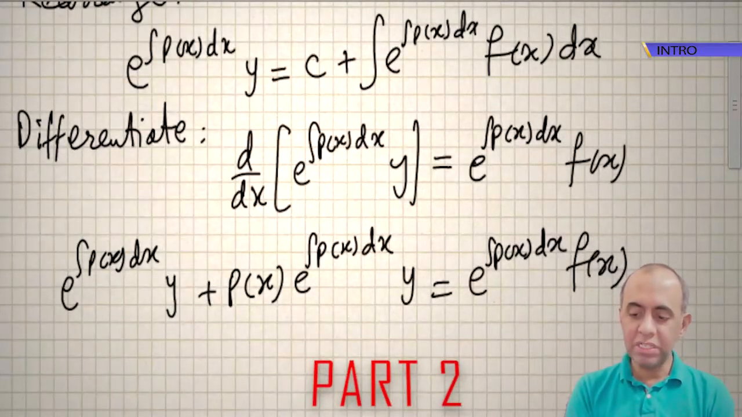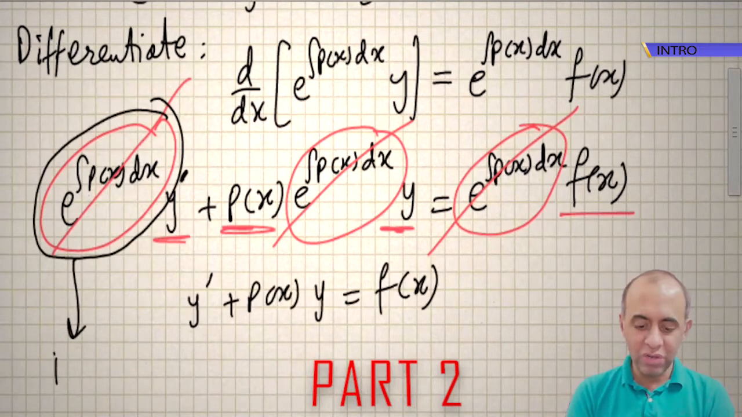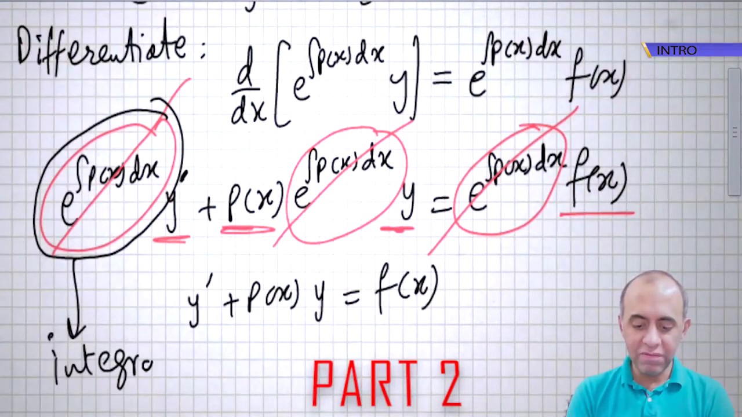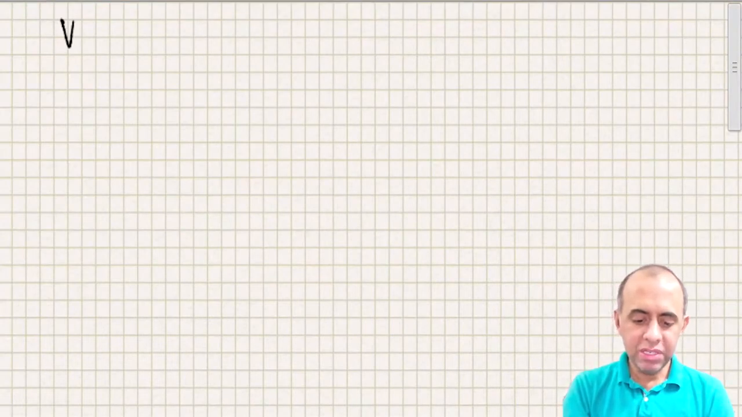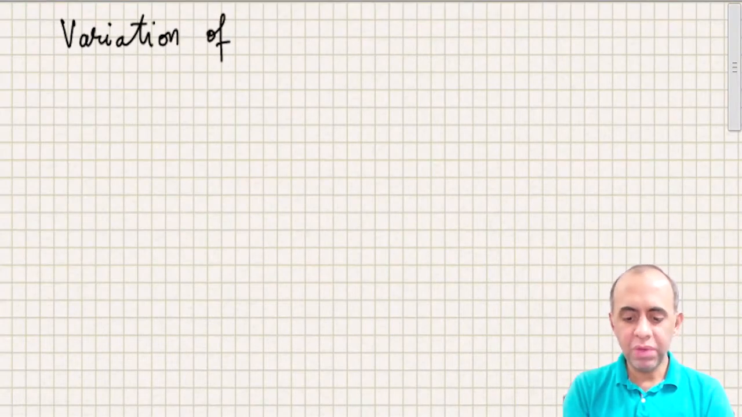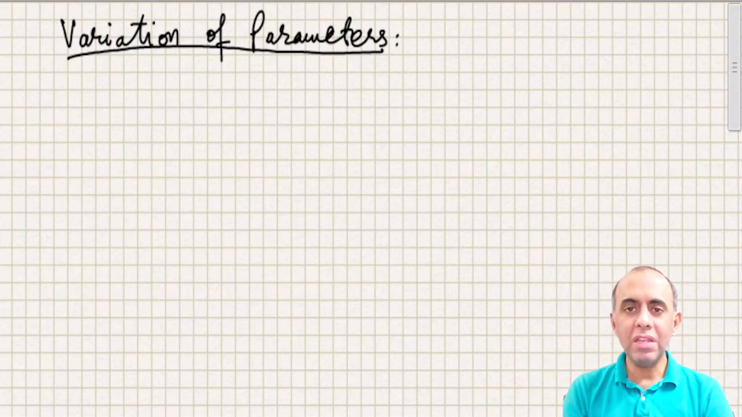Now this is the magic part. This factor can be cancelled out. We are going to name this integrating factor. There is something called variation of parameters, and this is the concept that you can use a